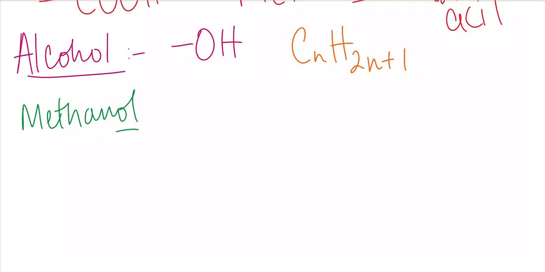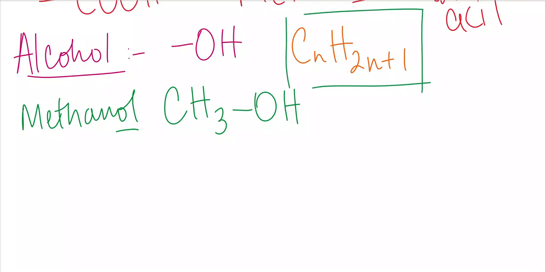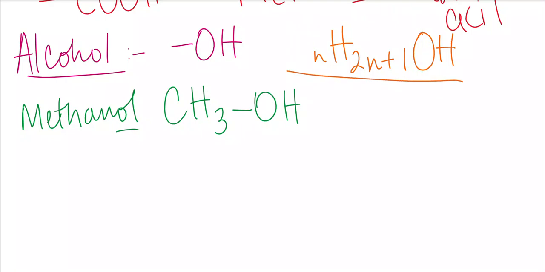As the name ends with ol, you can easily say this one is an alcohol, which has the formula CH3OH, like this. So this is the formula for methanol, and this one is the general formula. Through this general formula you can easily check that OH will be present here also. So this is the complete general formula for the alcohols: CnH2n+1 and then OH is also added. I forgot about that. So methanol has one carbon atom per molecule, and its covalent bonding will be like this: